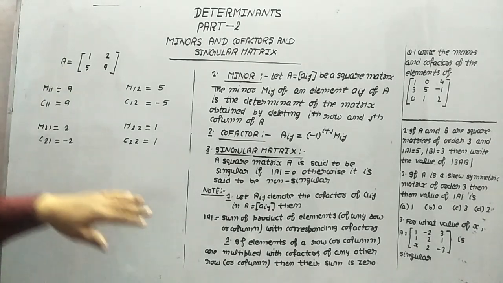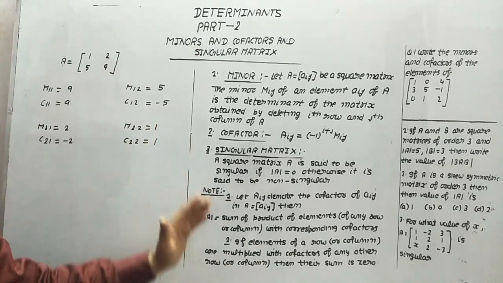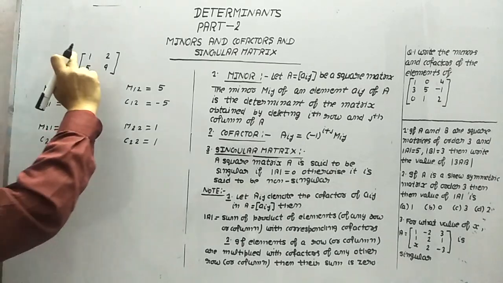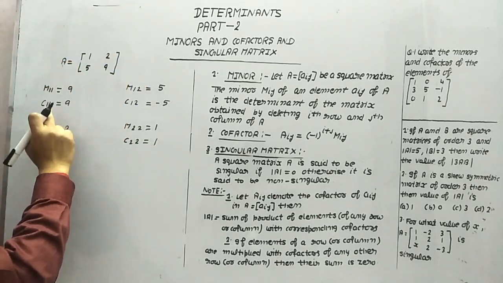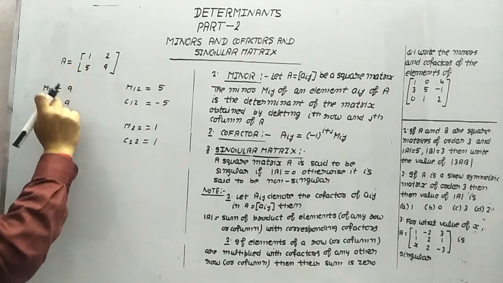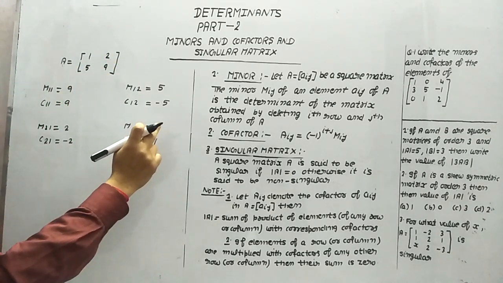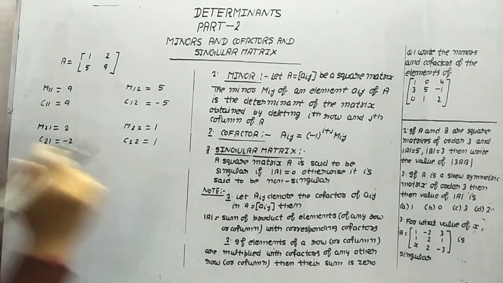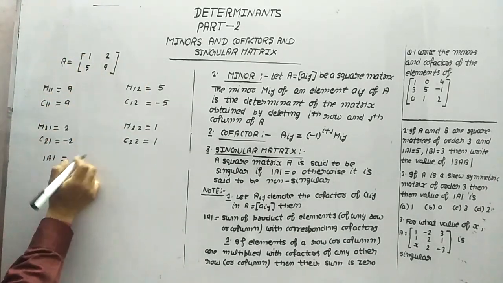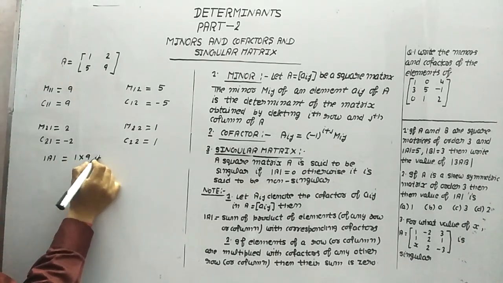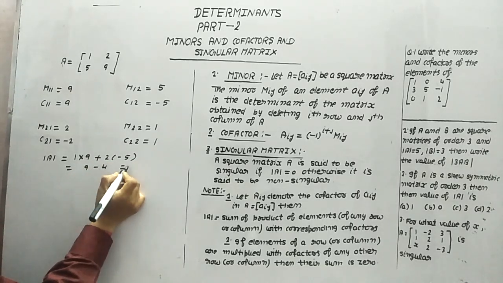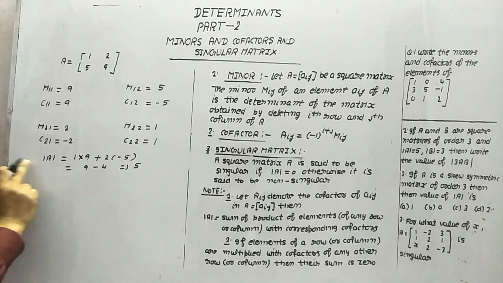Now I am explaining some rules which are very important, in the form of notes. Now look at this. For any row or column, these are the elements and these are the corresponding cofactors. If we multiply each element with its corresponding cofactor and add, for any row or column, then we will get the value of the determinant. Value of determinant A along the first row: 1 into 9, 9, plus 2 into minus 5, which is 9 minus 4. That equals 5. This is one way.